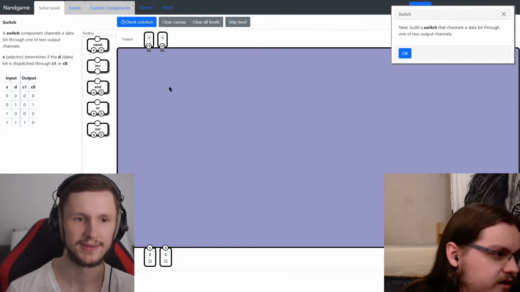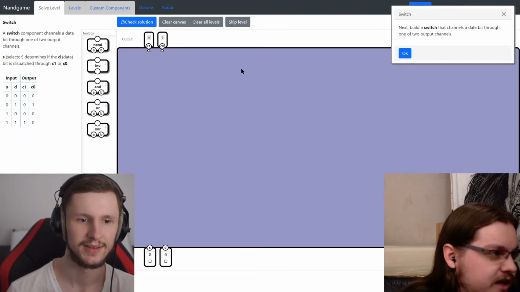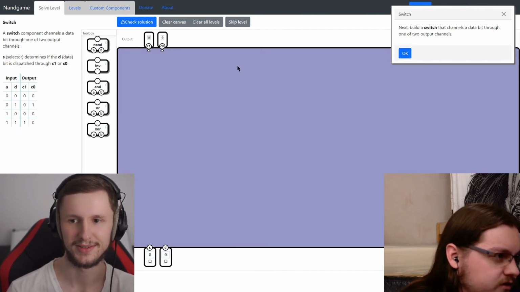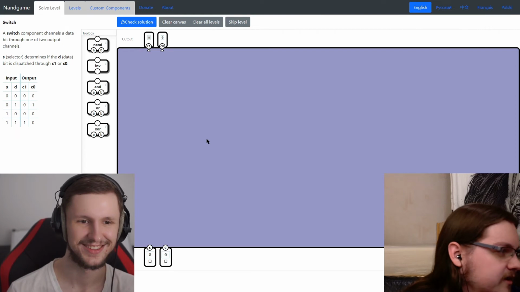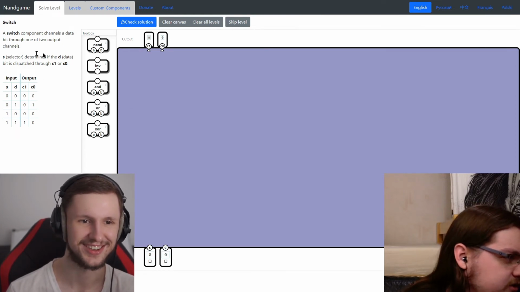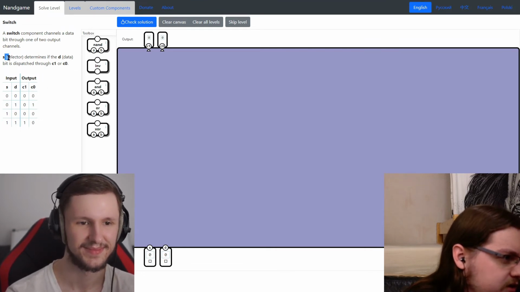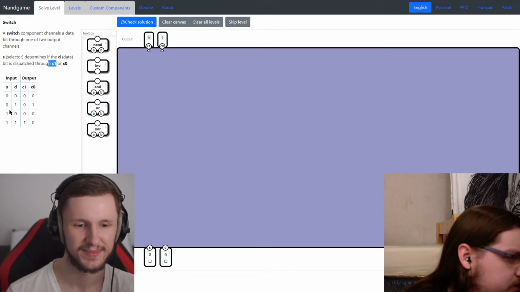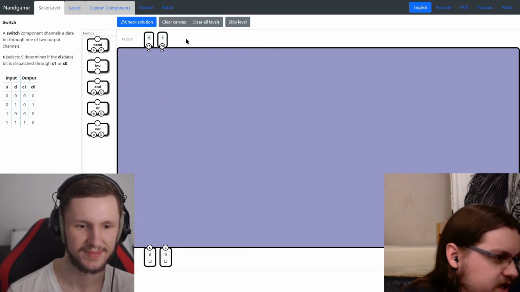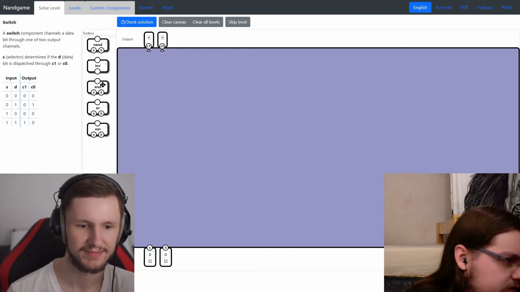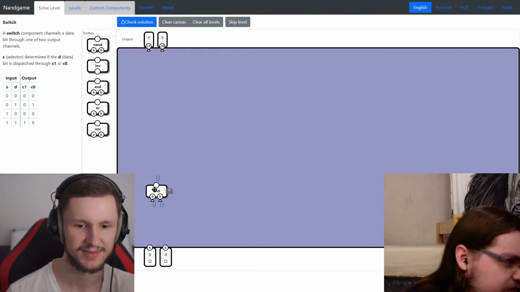And then this is a switch which channels a data bit through one of two output channels. It's a demultiplexer, exactly. So select determines if D is put to C1 or C0. So if S equals 1, we go to 1, right? If S equals 1, we go to 1. And if S equals 0, we go to 0. I mean, it's basically the same logic again, right? If it's S and D,